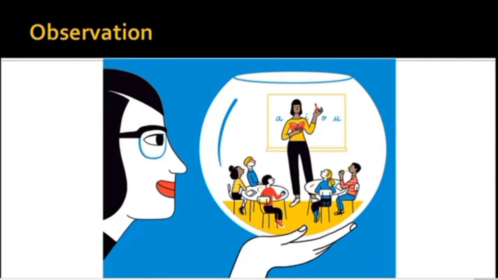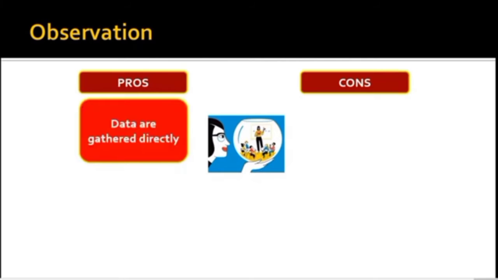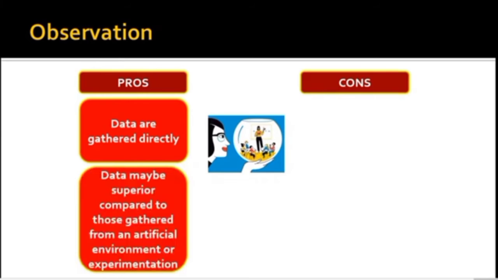Through observation, the researcher examines a phenomenon while it occurs. One advantage of observation includes the directness of the data gathering process. The researcher does not have to ask people of their behavior or other variables under study. Data from observation also appears to be more superior compared to those that are gathered from an artificial environment or from experimentations. At the same time, through observation, non-verbal behaviors, or those that the subjects are unconsciously aware of about